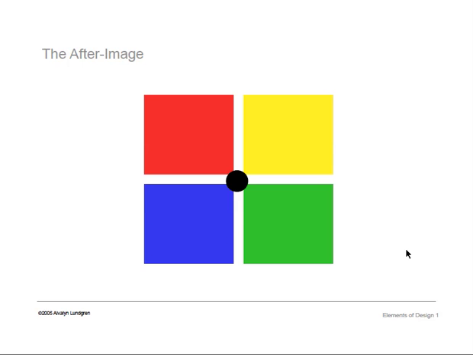But if you are looking at that red square and we go here, you're seeing the opposite color, the combination of blue and yellow, where the red was. And the reason I have the gray squares here on this screen is because there is no after image for a mid-value gray. There's no chroma to it, and it's halfway between white and black. So gray, this particular color of gray, is the only color ever for which there is no after image,